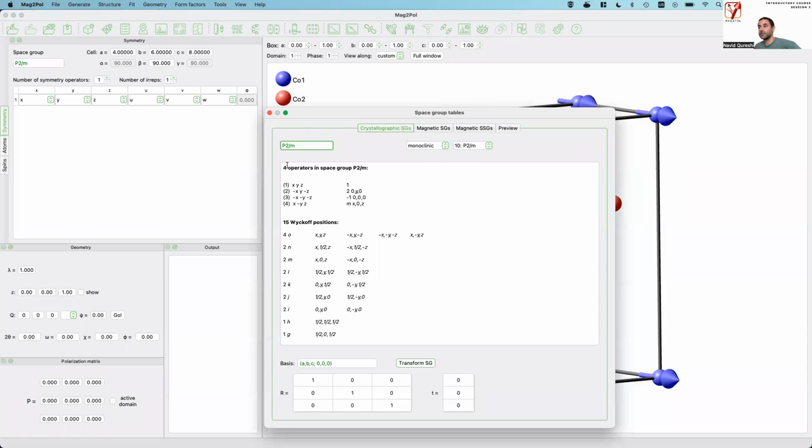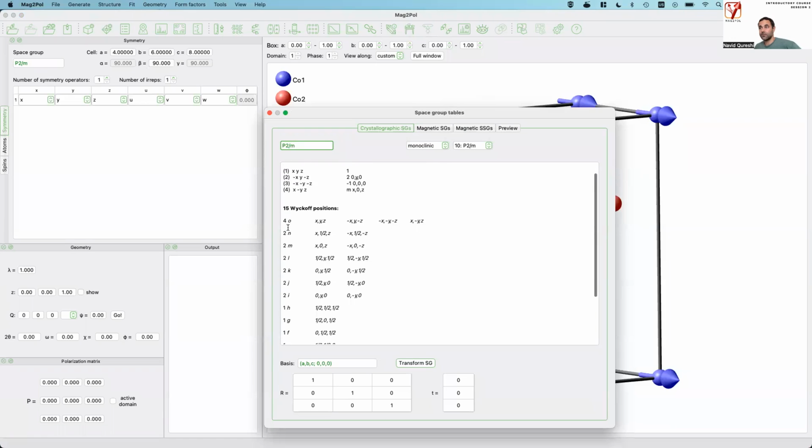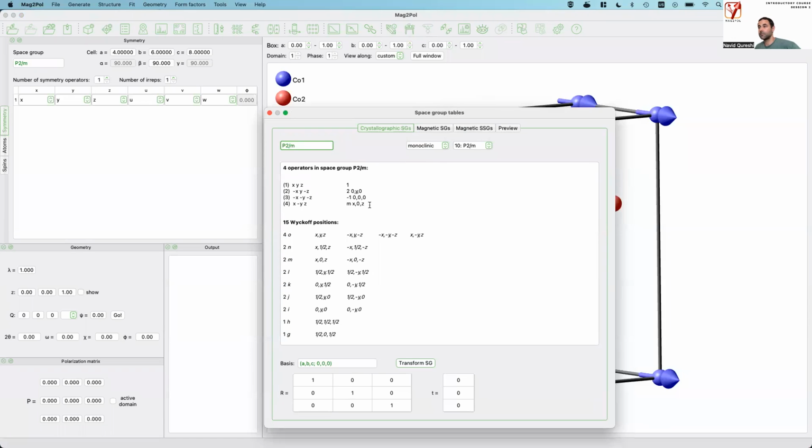And the information is about the operators in the space group. So you have the coordination triplets, you have the symbol of the operator and its position, and you have the list of Wyckoff positions of that space group. The convenient thing is that the space group operators are generated in exactly the same way as in the international tables, so you can directly compare them one-to-one. Okay, so now